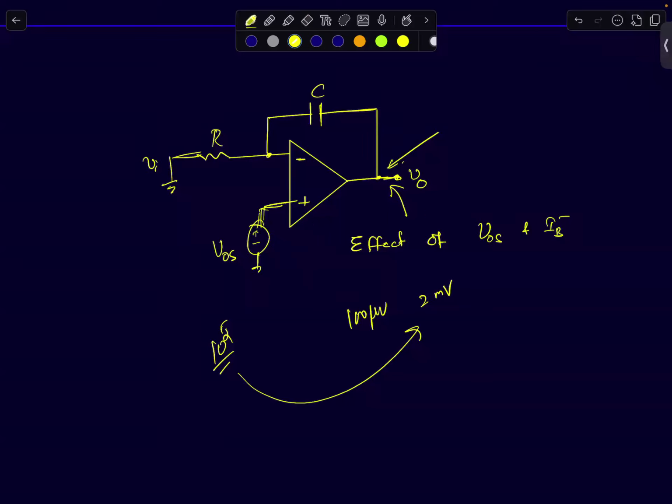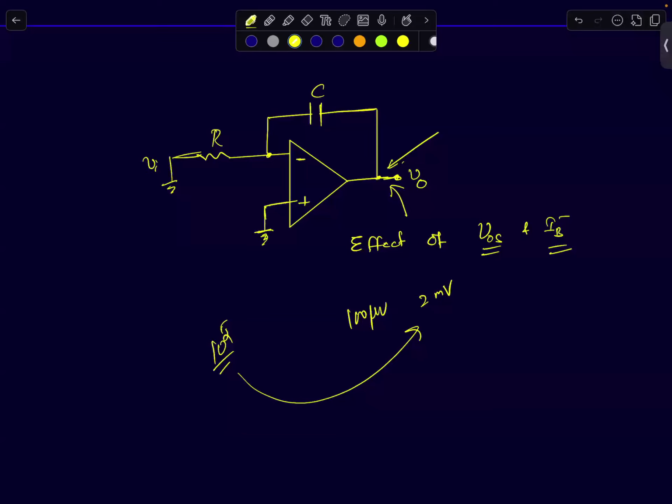Okay, that's one problem. So now let's study the impact of the bias currents. I'm not doing any frequency analysis here because, remember, offset voltage and bias currents are all DC quantities. They don't change with frequency. If you want to understand how it changes with frequency, we'll come to that when we talk about noise. So let's start with